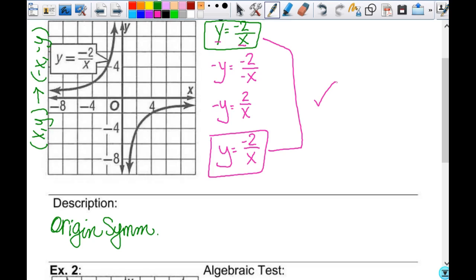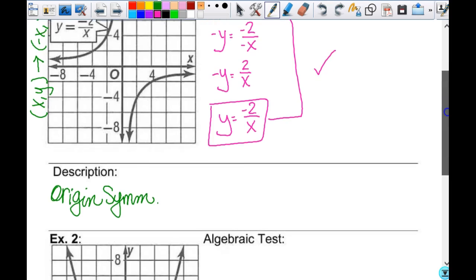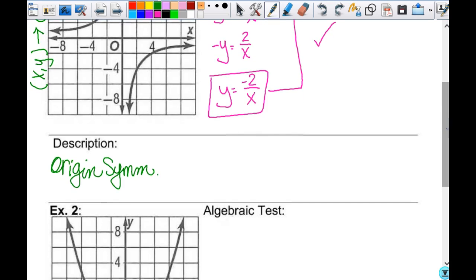Because if you don't have a picture, if I don't have the graph, then I might need to do each one of them. And if I don't know what the parent function looks like, I may need to do each one of them. So then I need to clarify, or it has origin symmetry